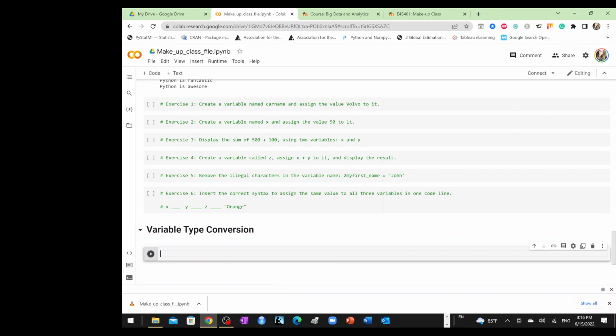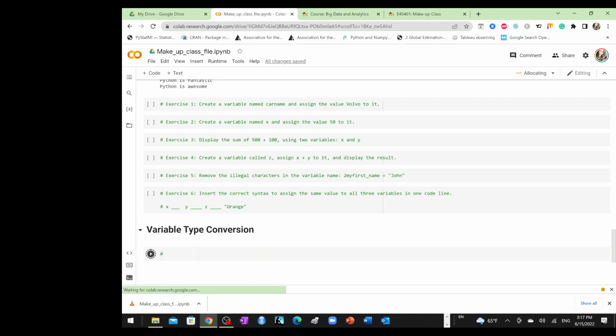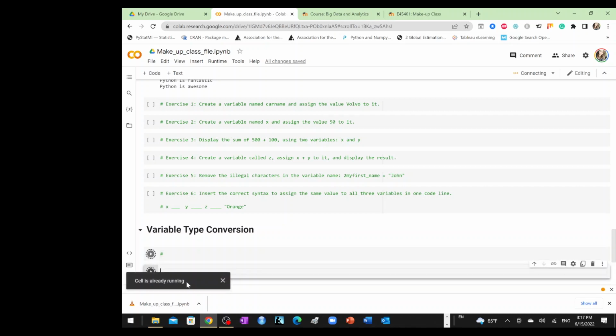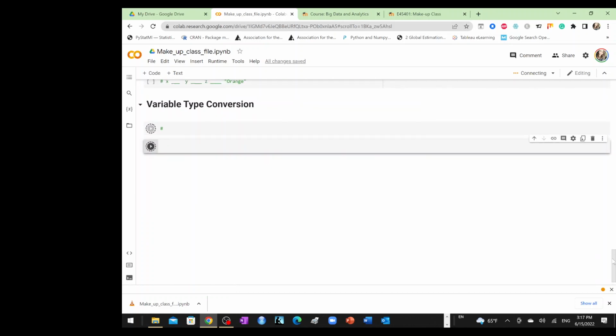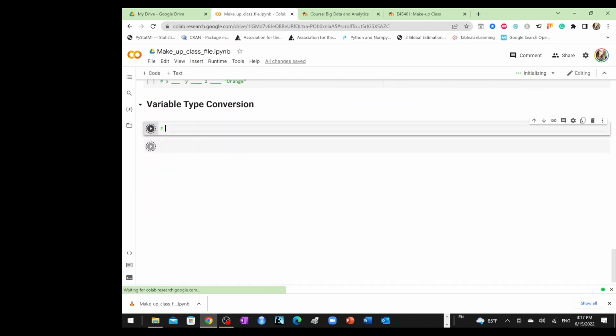Let me just put this at the center, or at the very top. Perfect. So let's convert from one type of variable to another,